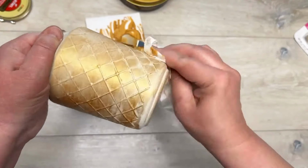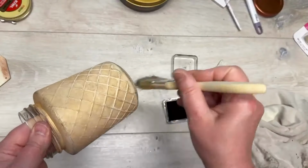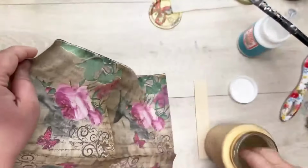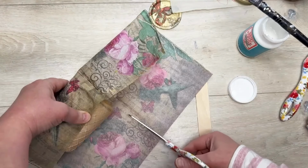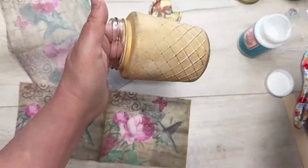I buffed it off. Now, using that wax, it is not as thick as other waxes. Just to put that out there. I did distress it, and then I felt like I ruined it. I did not like it. So Paula from Inspired Creations, I got these napkins from her, and I'm going to try to fix this jar